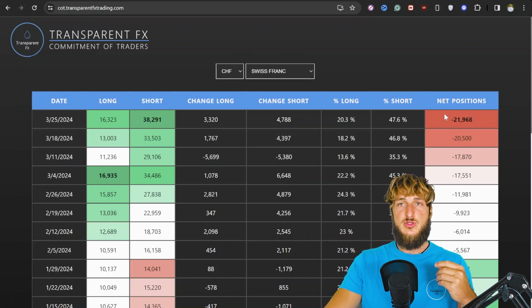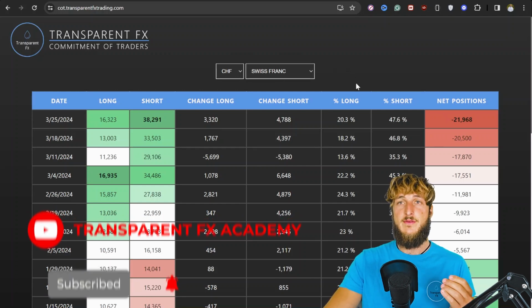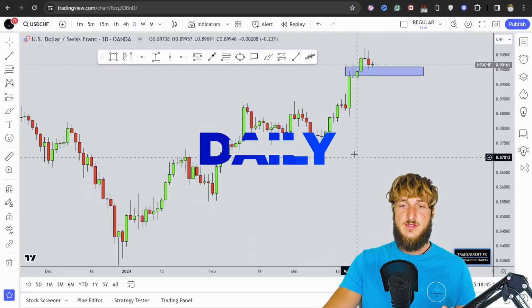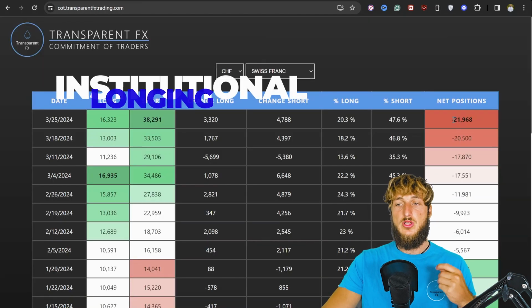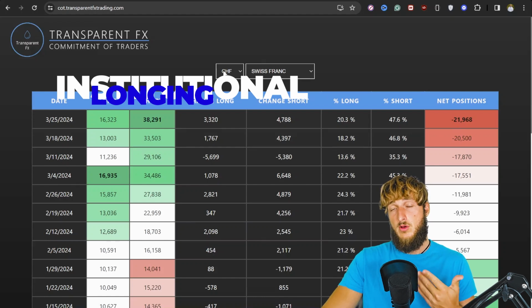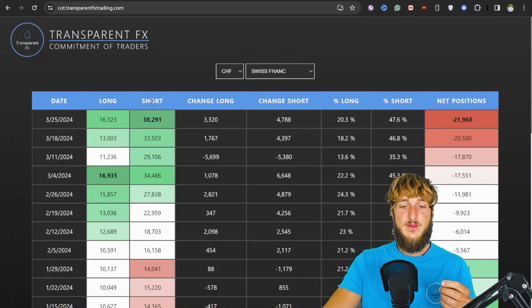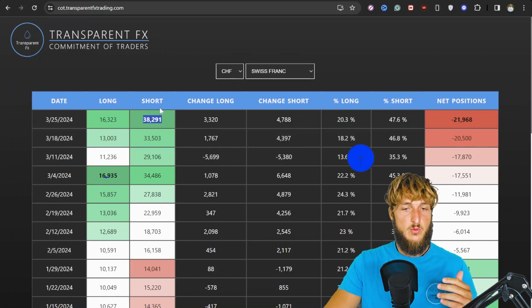As net positions are massively getting decreased and as institutions are massively moving to the bullish side for USDCHF, this increases the probabilities that we could see bullish price action. And in fact, so far, we have seen massive bullish price action being created, fueled by all this institutional longing of USDCHF by shorting the CHF. And in fact, we can notice how from an institutional perspective, shorts have increased from 14k all the way up to 13.2k. So clearly institutions have been massively shorting the CHF, therefore longing USDCHF,